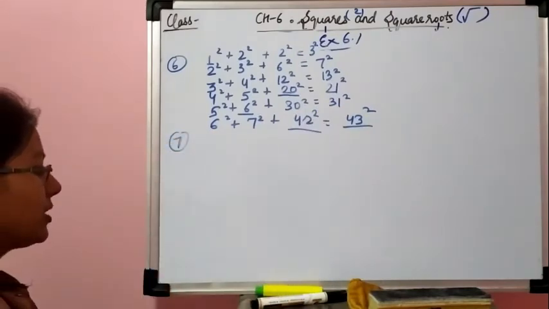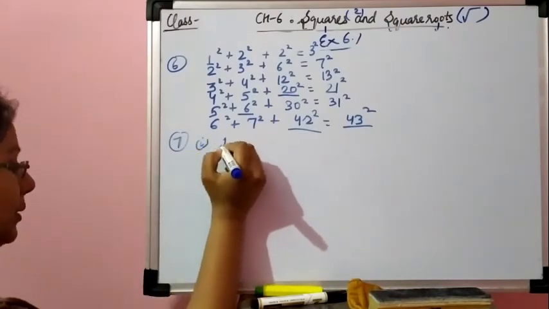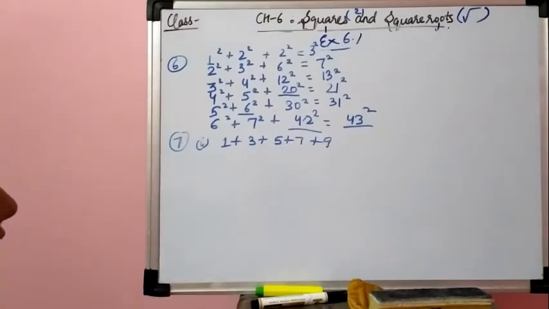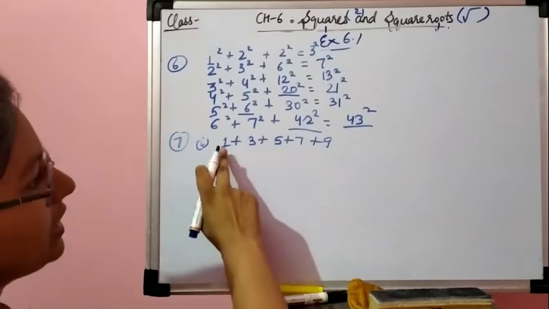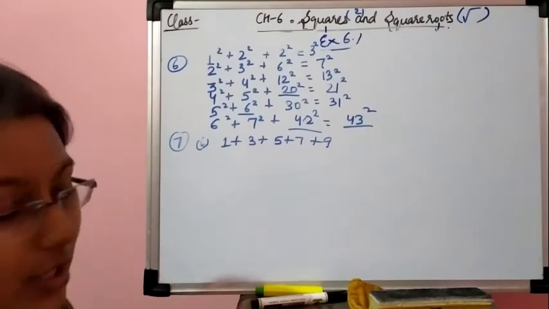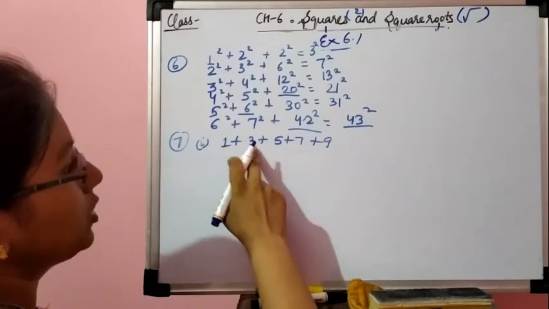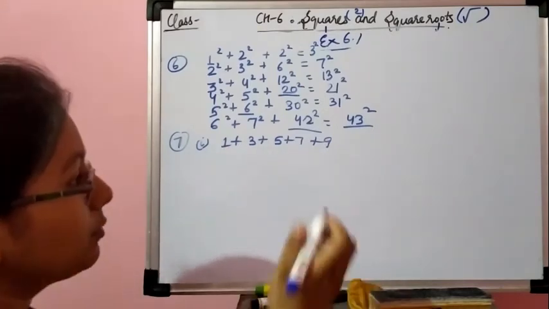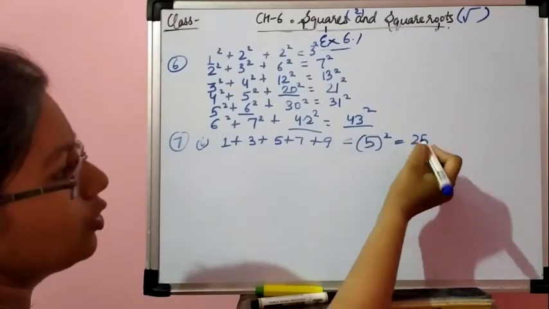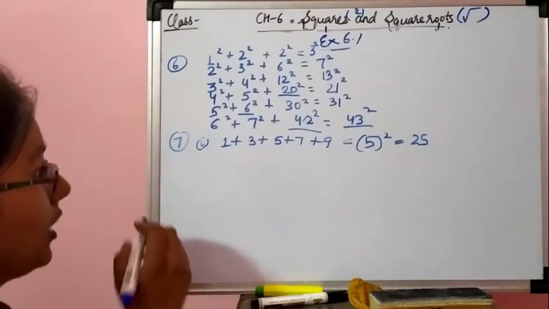Now coming to our question number 7, without adding, find the sum. You do not have to add, like 1 plus 3 plus 5 plus 7 plus 9. No need to add it. What we have seen is that they all are odd numbers, and also the first consecutive odd numbers. And for the sum of the first odd numbers, we have a formula: 1 2 3 4 5, 5 odd numbers are there, so the sum will be equal to 5 square, that is 25. This is the pattern of adding consecutive odd numbers.